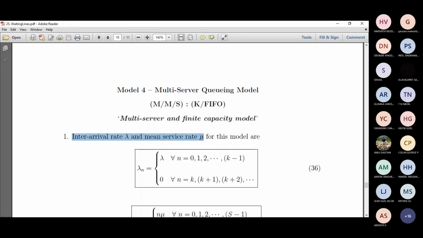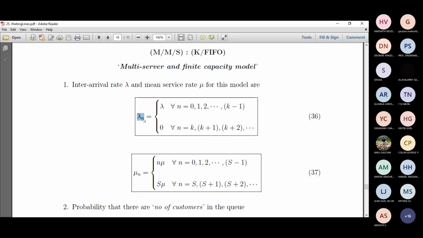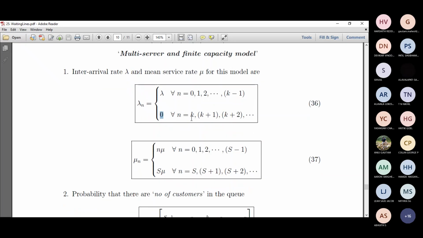For multiple server and finite capacity, the arrival rate and mean service rate can be found as lambda n equals lambda for n equals 0 to k minus 1, and 0 when n equals k, k plus 1, k plus 2 and so on. K is the number of customers. And mu n equals n into mu for n from 0 to s minus 1, where the server capacity is s. If n is s, s plus 1, s plus 2 and so on, with multiple servers, then